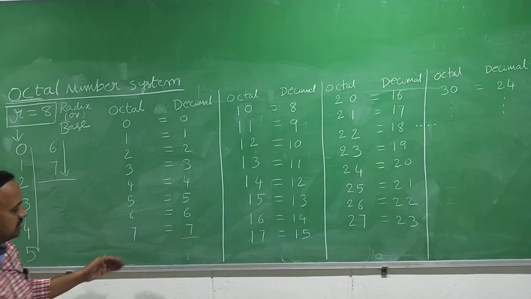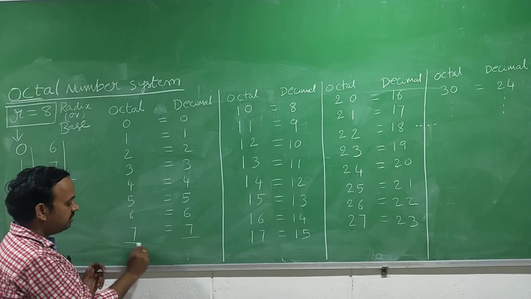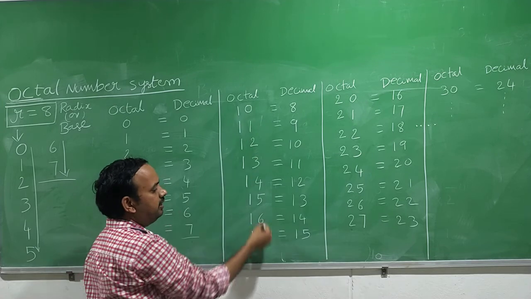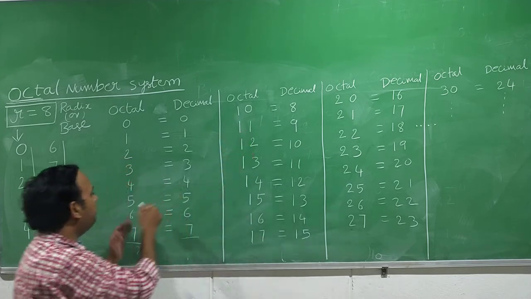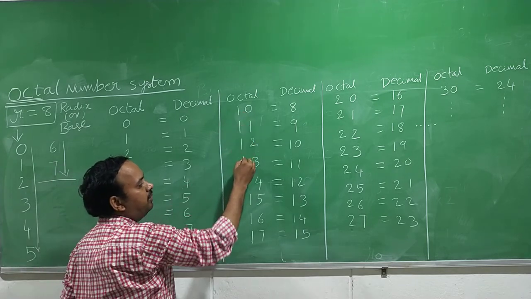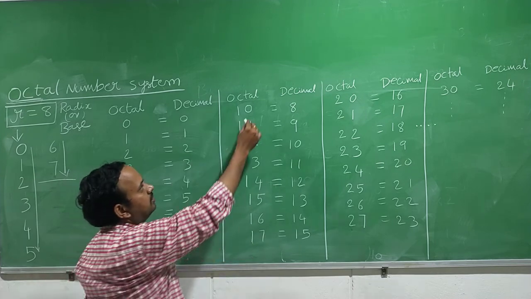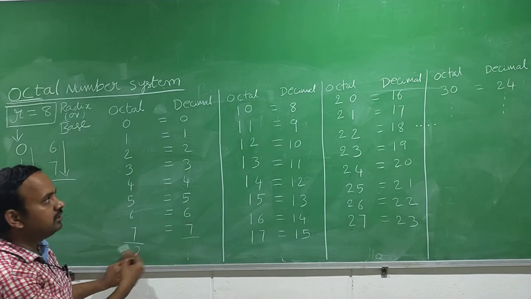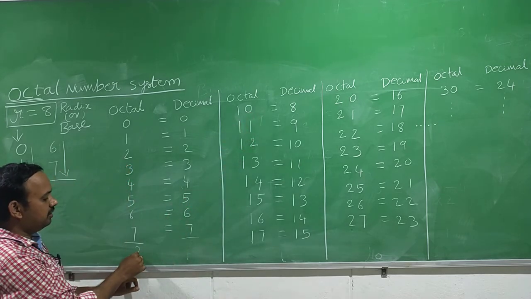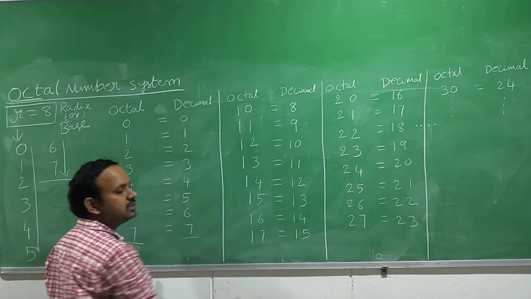In the octal number system also we will follow the same procedure. So 0 to 7. If you want to find the next number, you will write the sequence again, repeating the primary sequence for the first time. So you need to keep 1 in front of the digit in that particular sequence. So after 7 in the octal number system, you will get 10, not 8. After 7 you will get 10, 11, 12, 13, 14, 15, 16, 17, like that.